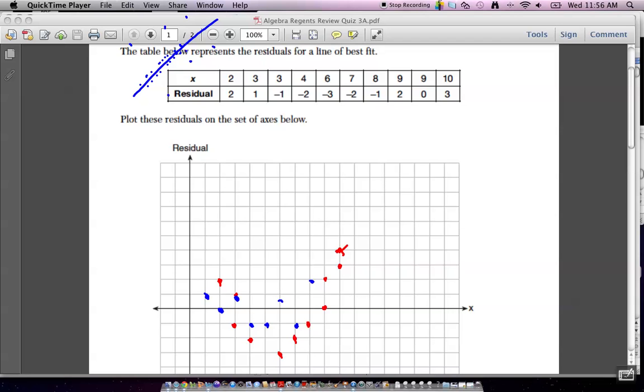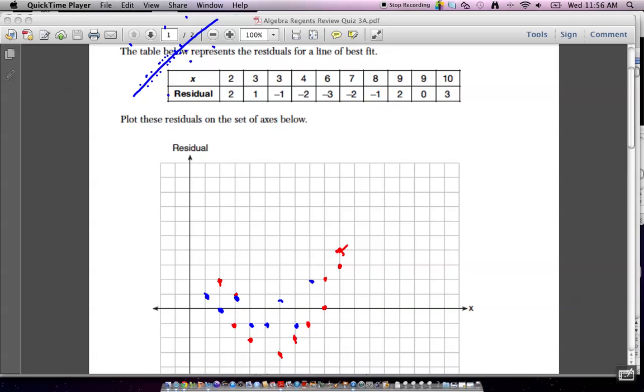If the little blue dots are all close to this, then that means it's a really good line of best fit. It means the residual, what's left over, is really tiny. It's almost on the line. But these red dots are pretty far away. Furthermore,